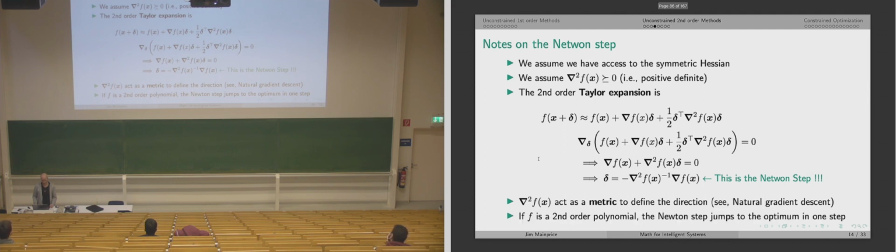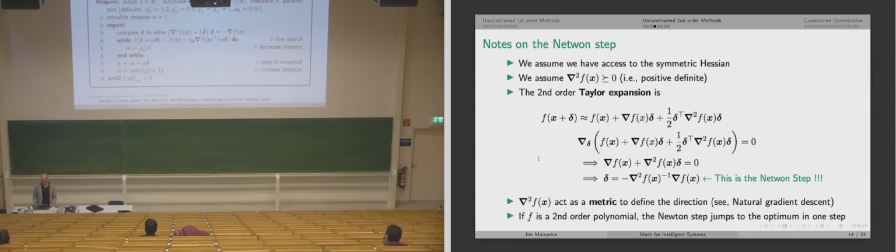If f is a second order polynomial, then the Newton step just jumps directly to the minimum. So the quadratic thing that we saw in the beginning, we could just solve it in one step with a Newton step. Okay, so